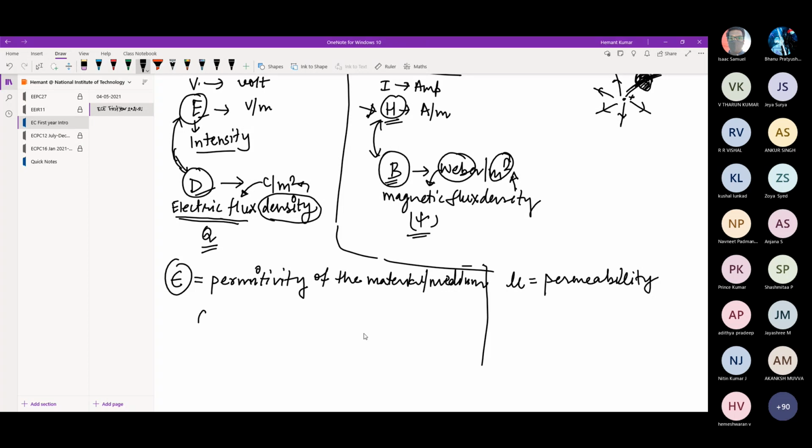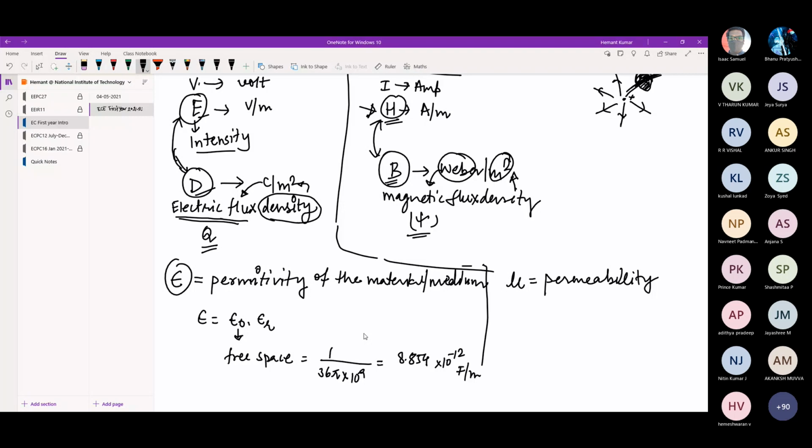It is given by epsilon equal to epsilon naught into epsilon r, where epsilon naught is the permittivity of the free space. It is for the free space, and its value is fixed. Its value is fixed, 1 upon 36 pi into 10 to power 9, or you can simply write 8.854 into 10 to power minus 12, and